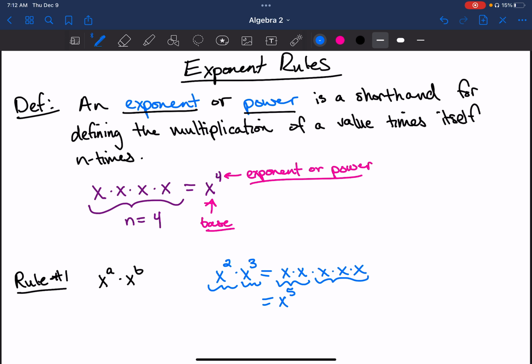Now, I want you to practice these. Go through and do some problems like this from your homework, where you see x to some power, times x to a different power. Go through and try a few problems like that, and see if you notice a pattern. I'll give you a chance to pause the video and you can go do that. But for us,